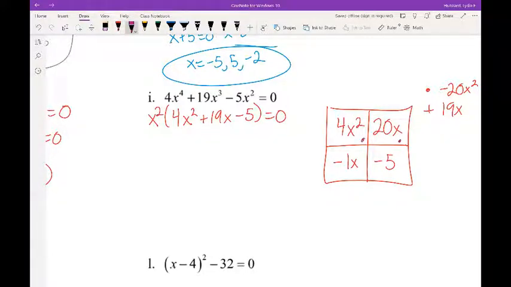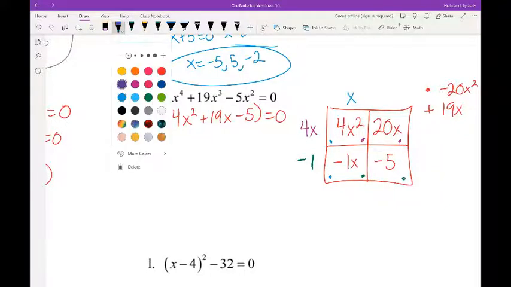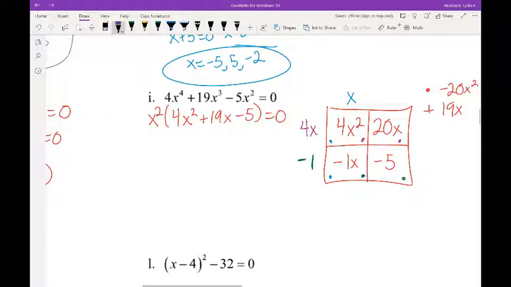Out of the top two, I can take out a 4x. Out of the bottom two, because that x term is negative, I'm going to be taking out a negative 1 because they don't have any other number in common. Out of the left two, the only thing those two have in common is an x. And out of the right two, both 20 and negative 5 are divisible by 5, but that x term is positive, so I'm going to use a positive 5. So again, I'm going to keep x squared out front, and this will factor to 4x minus 1, x plus 5